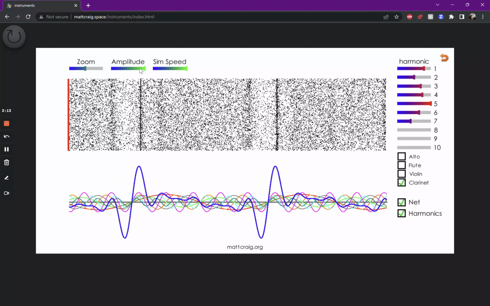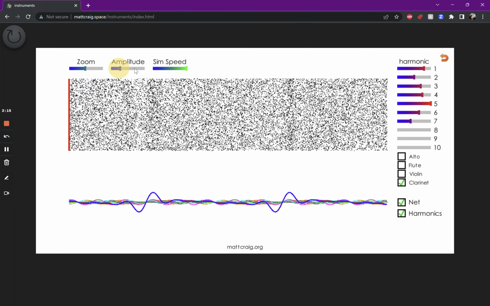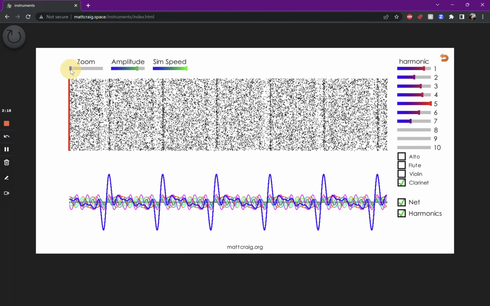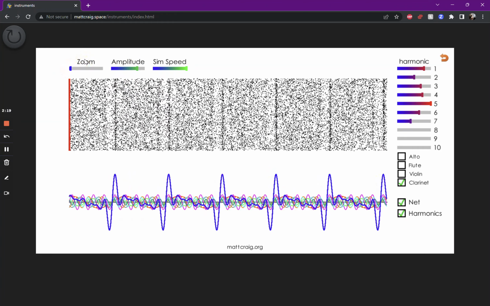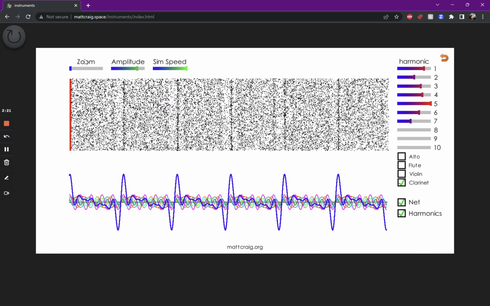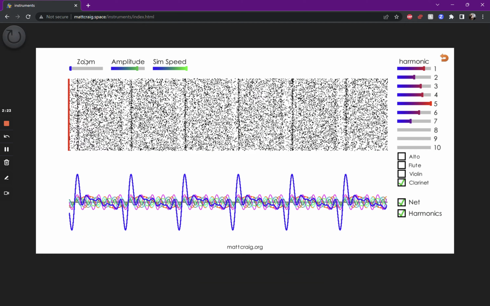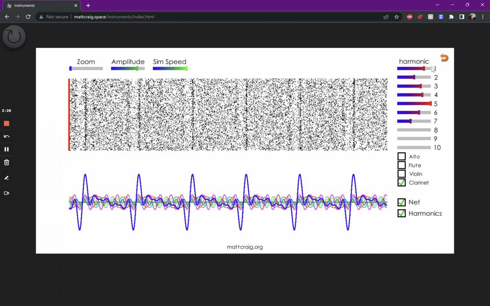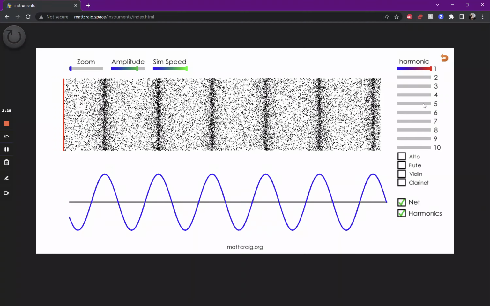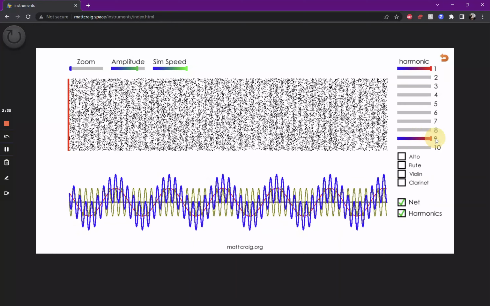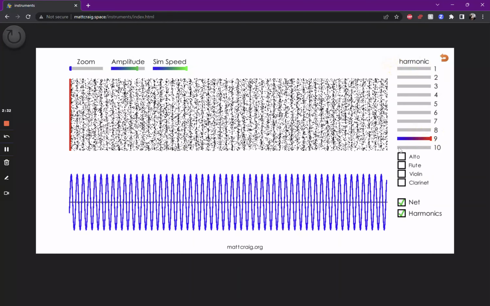The other thing that you can show, aside from the different waveforms and instruments, is you can actually show acoustic beats in this simulation. I already showed how to demonstrate those in the previous simulation, wave interference in 1D, but you can also show it here if you like. So if we pick two waves that are close in frequency, like the 9th and 10th harmonic,